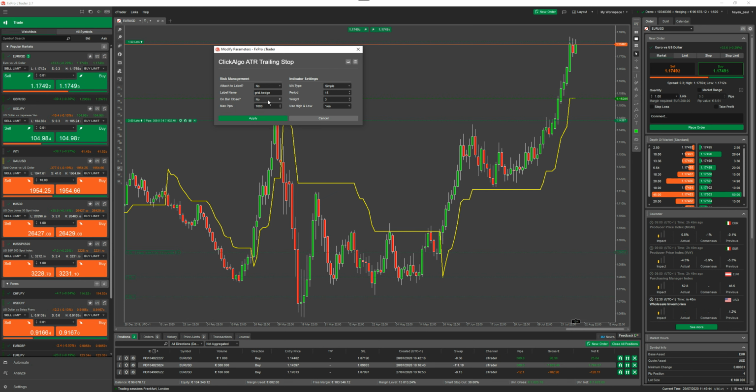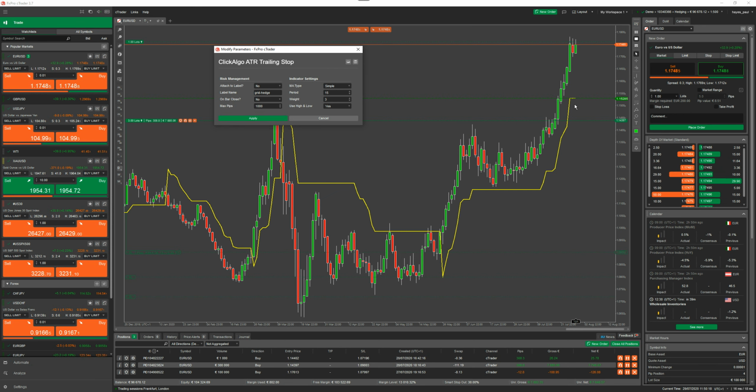Okay, on bar close, what this does, if you select yes, when the candle closes, in this case it's daily, it will then adjust the stop loss. So it doesn't adjust the stop loss until the candle actually closes, or the bar closes. So if I went to a lower time frame, I can't at the moment, it will only adjust the stop loss then. If you select no, every time that the ATR value changes, in this case it's 15285, if this is recalculated and goes up or down, it will then adjust your stop loss